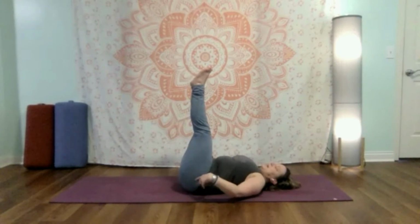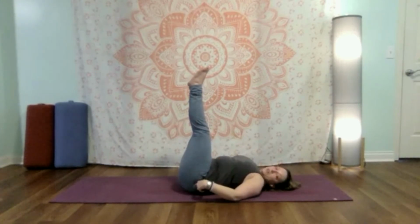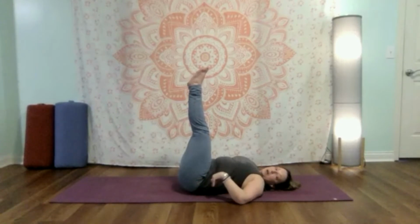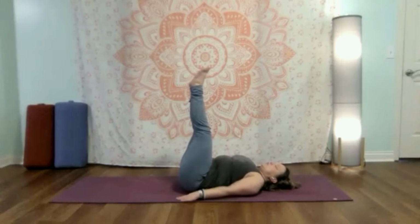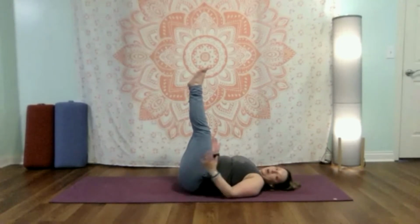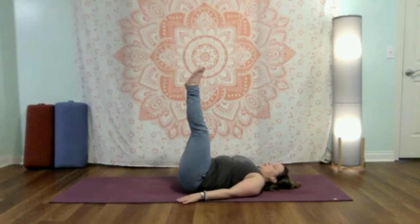Good. So again, only take the legs down so long as you can maintain neutral spine. Any funny business or popping up from the low back, don't take your legs as low. Shorten your range of motion. Taller people, this is going to be harder because you've got more lever here. So be mindful. Whenever you're ready, inhale,